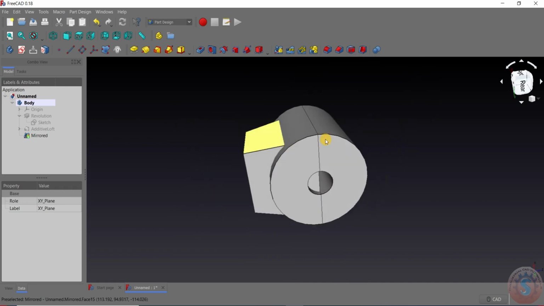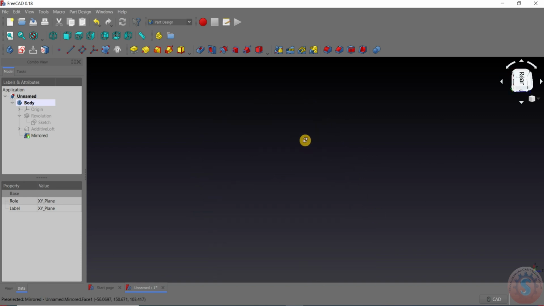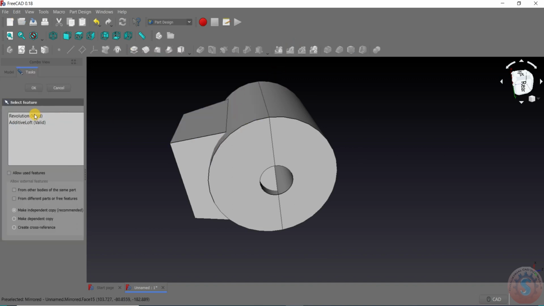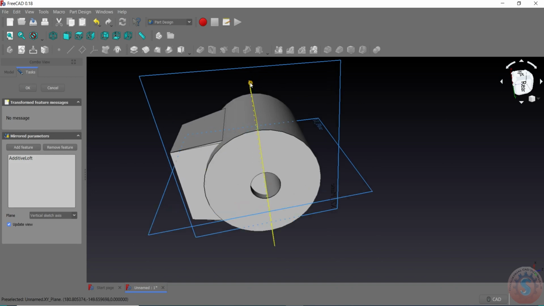And you can observe the face is the total of the 180 degree of the model is mirrored to this other side. It is completely as two objects like this. I want to create this lofted also here to mirror on that side, and go into the mirror option again and go into the revolution valid, completed additive loft. What are the features you created? You can highlight the list of the features here in FreeCAD, additive loft, and click on OK. It will take some time, and you can observe the additive loft valid, and you can observe here I want to do the same on the XY plane.